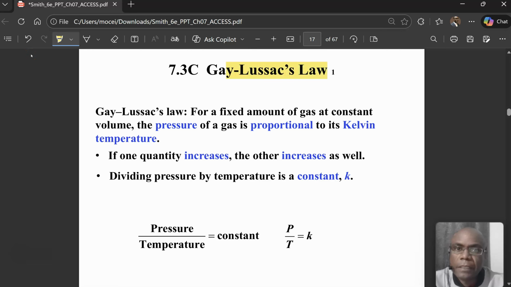Let us now discuss Gay-Lussac's law. What does Gay-Lussac's law state? For a fixed amount of gas at constant volume, the pressure of a gas is directly proportional to its Kelvin temperature. That tells us that if the temperature is increasing, the pressure will have to increase, and that's